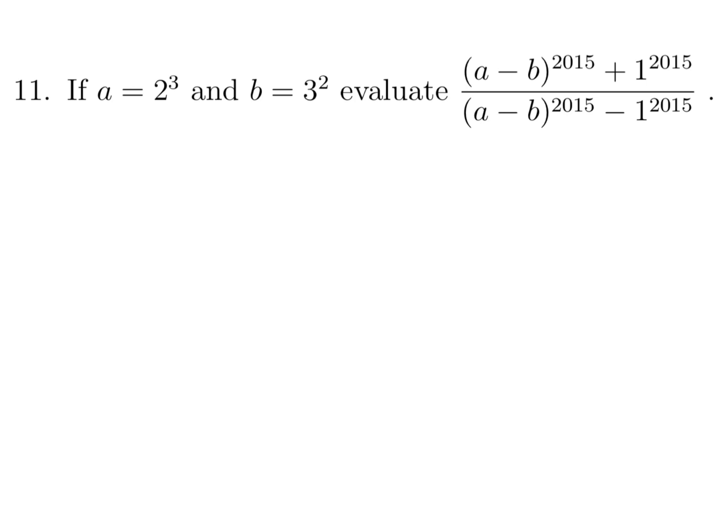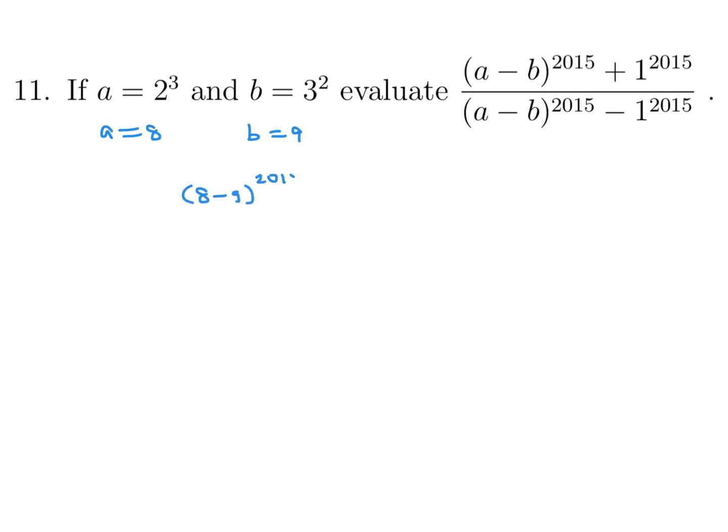If a is 2 to the power of 3, b is 3 to the power of 2, evaluate. All right, so let's substitute this in. This is 8, and this is 9. Right? So a minus b would be 8 minus 9